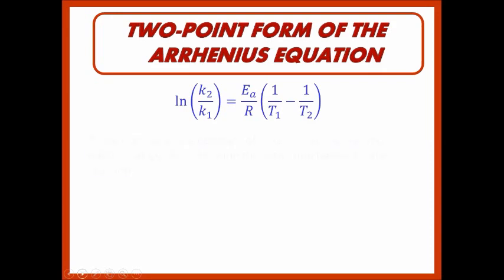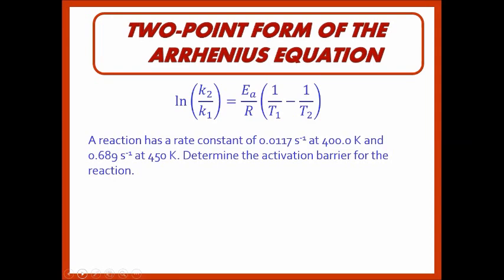So for example, in this problem it states that a reaction has a rate constant of 0.0117 inverse seconds at 400 Kelvin and 0.689 inverse seconds at 450 Kelvin. Determine the activation barrier for the reaction. So we're solving for activation energy, E sub A. And so if we label this information as 1 and this given information as 2, we can plug in the